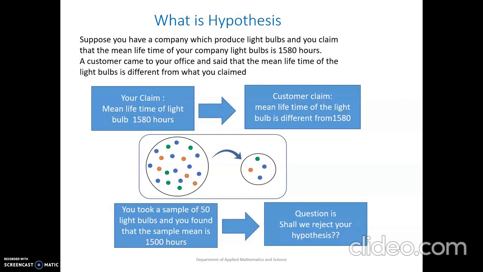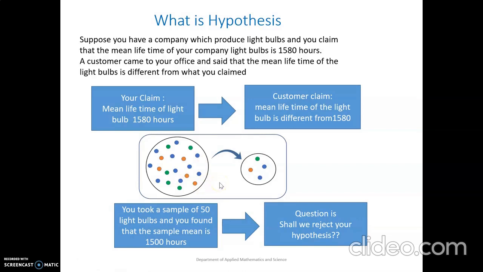So what we have to do is take a sample from the population, from the company, and test. So what should be the size of the sample? It depends on some calculation. You decide how much you have to take from your population. So let's say that in this case, we took a sample of 50 light bulbs and we found that the